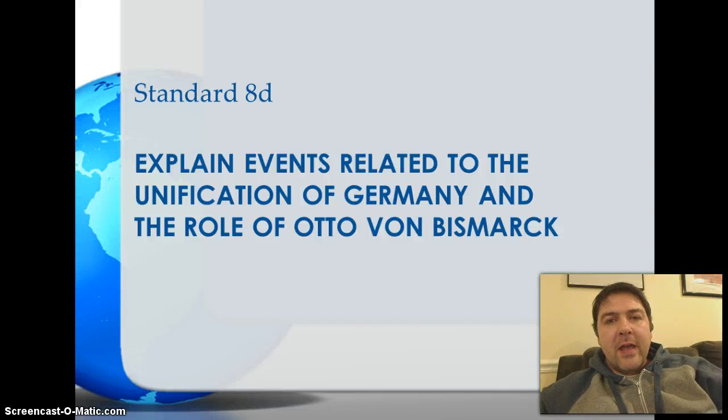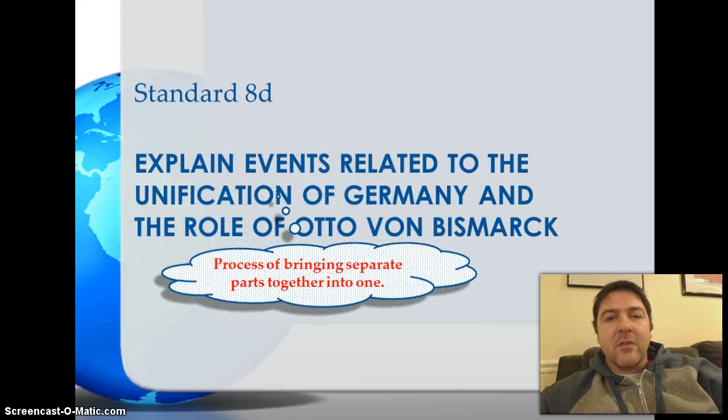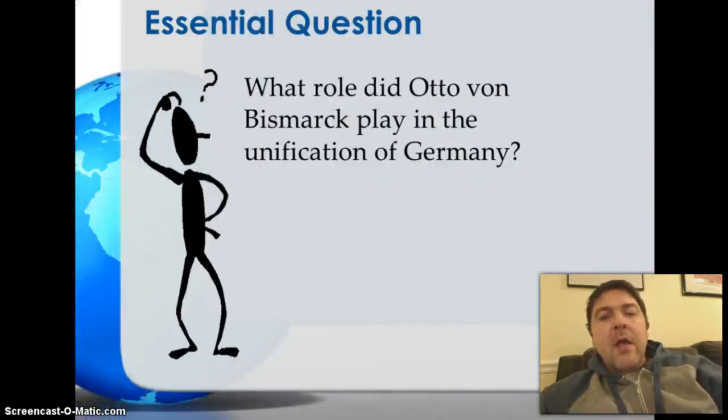Welcome to Standard 8D. The goal of this standard is to explain events related to the unification of Germany, specifically the role of a guy named Otto von Bismarck. By unification, we're talking about the process of bringing separate pieces together into one large piece. The essential question we're trying to answer in this standard is, what role did Otto von Bismarck play in the